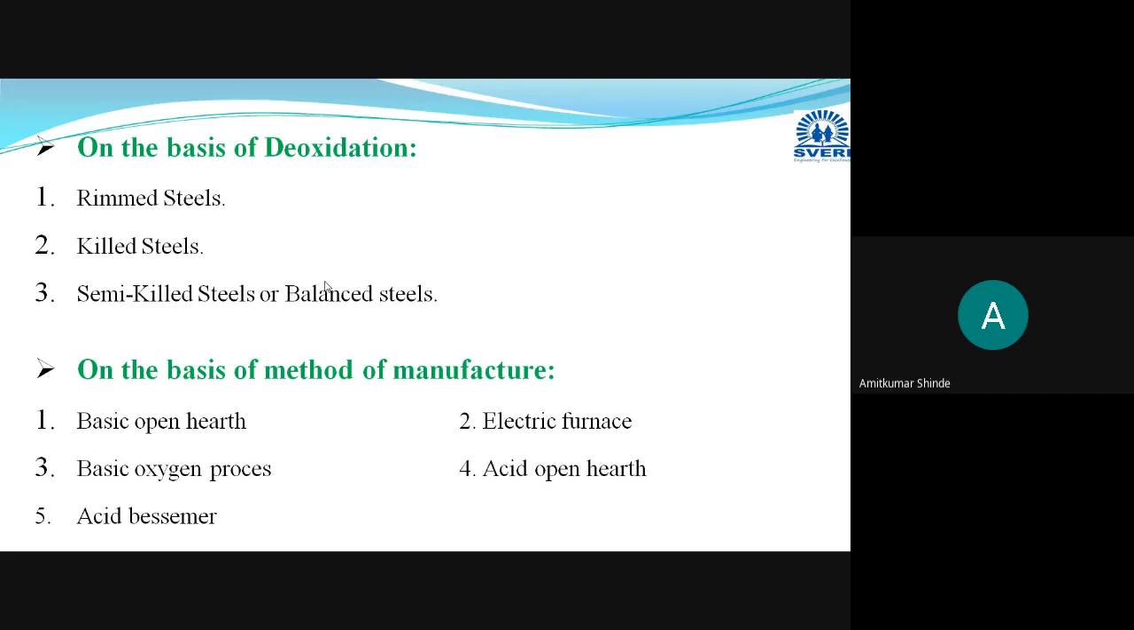While manufacturing, this is the simple classification, and it is done on the basis of which kind of furnace is used for manufacturing that particular steel. These are the different types of steels: basic open hearth, electric furnace, basic oxygen process, acid open hearth, and acid Bessemer. These are the types of steels depending on which furnace you are using,